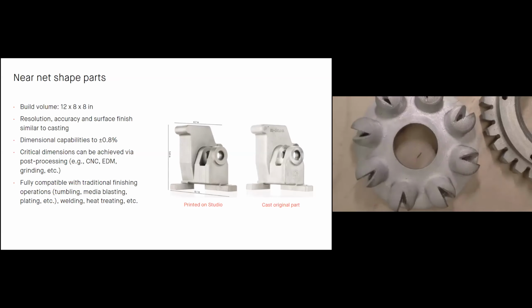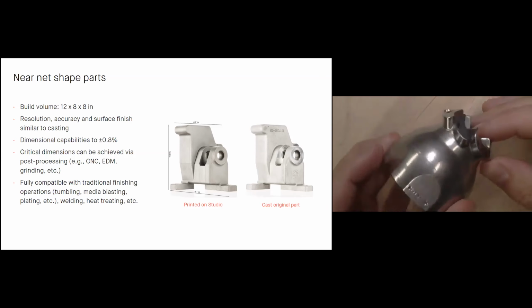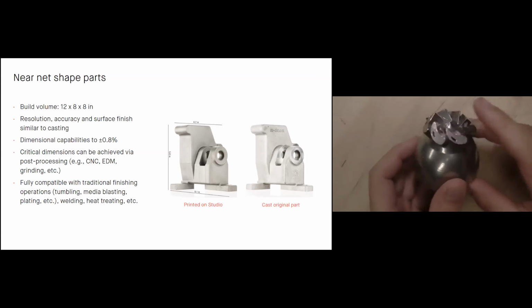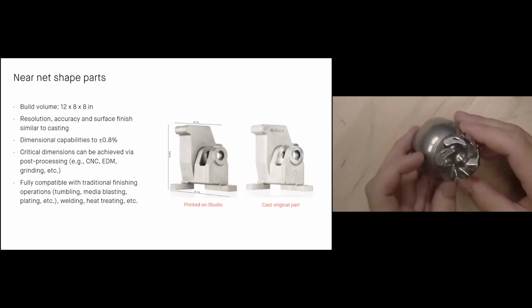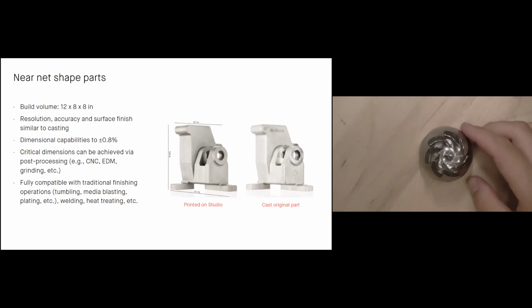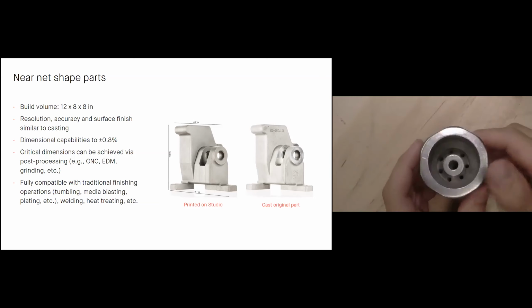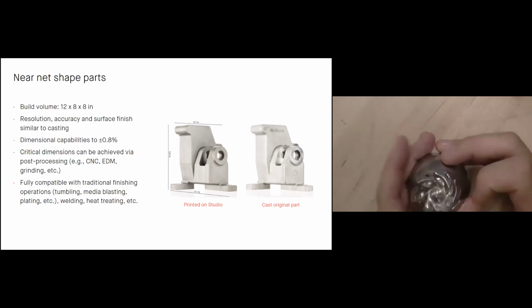Also, parts are fully compatible with mass finishing operations. So, if I need a better surface finish, for example, this part has been tumbled in an abrasive media. So simply throw it in the tumbler, get that nice surface finish that we need for this application. Same is true for machining of a part. If I needed to machine just the inner diameter here or something, it'd be much easier to do that than to machine this entire part out of a rock